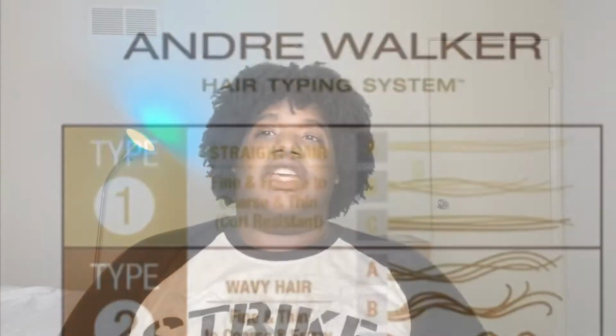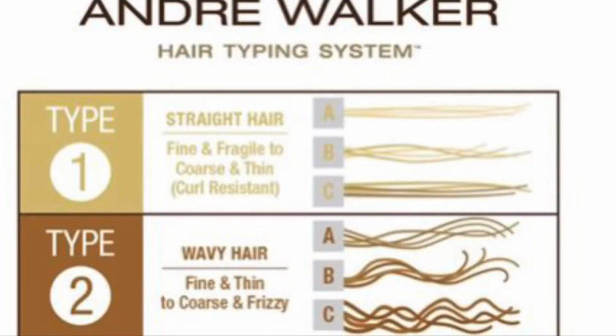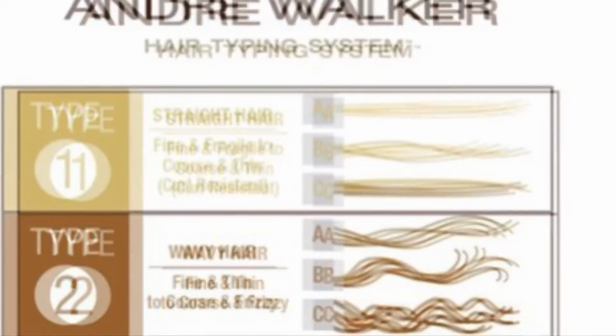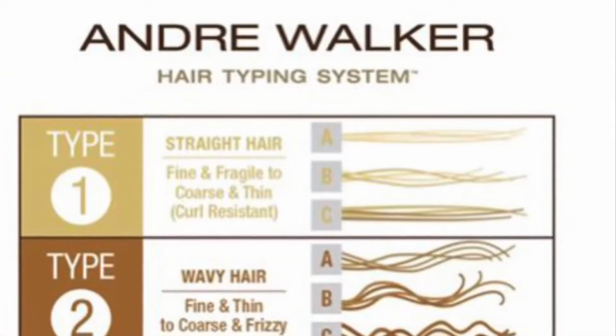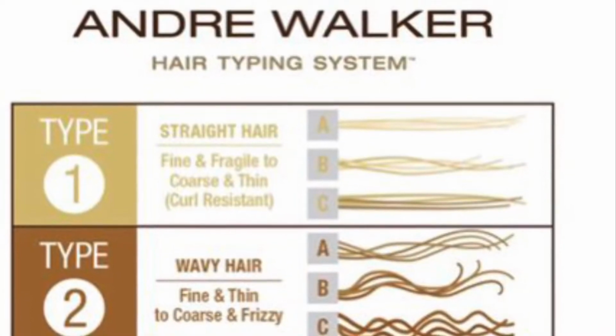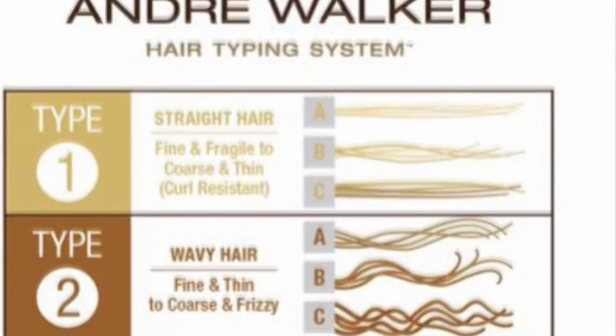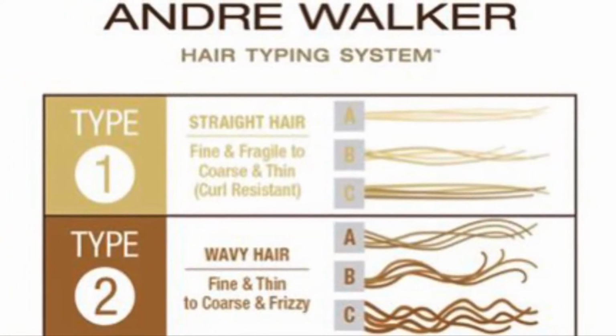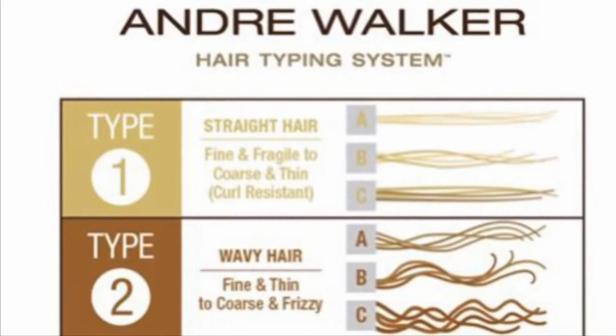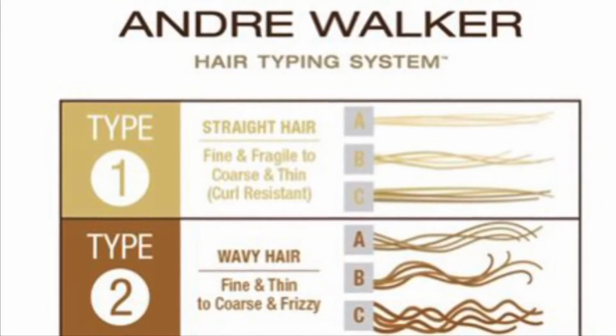And then when you get into type 2, all the hair types are broken down into A, B, and C. Type 2A, type 2B, type 2C is what we would consider wavy hair. It has a light wave in the beginning. It's like a little bend and you're wondering what's going on there. And then in the 2B, it's a little bit more and it's like, oh, okay, I see the vision. And then 2C is like, whoa,